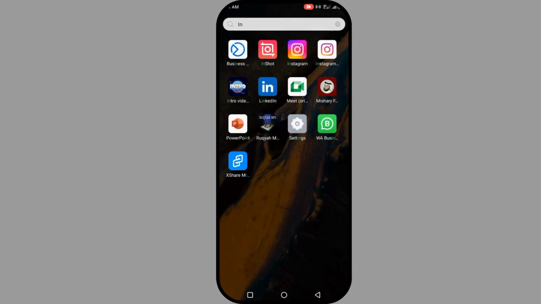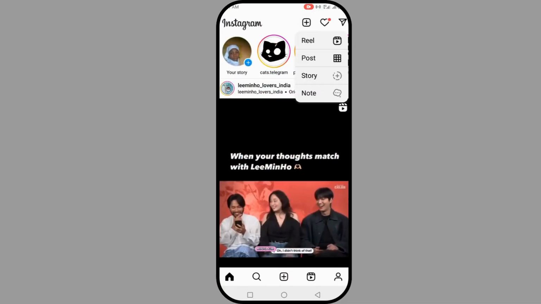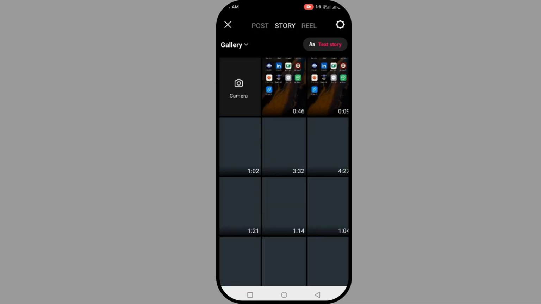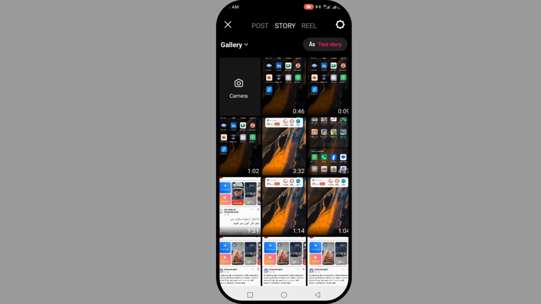In today's tutorial I'm going to show you how to add music on your Instagram story. So let's dive in. Open your Instagram, click a story or post, click on story, and what you're going to do is go to your gallery,